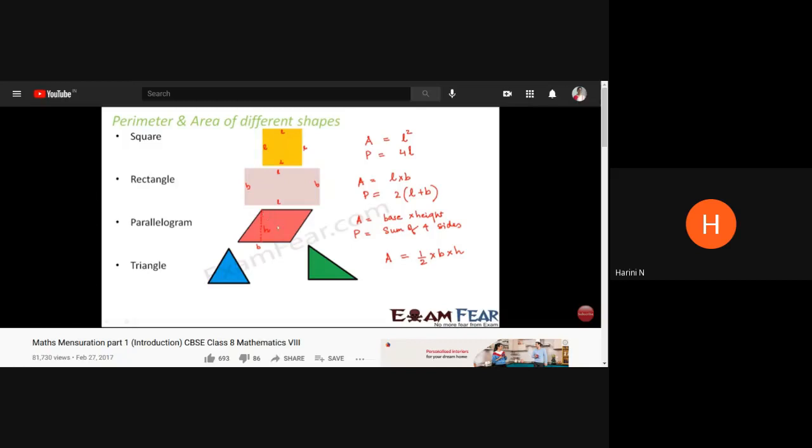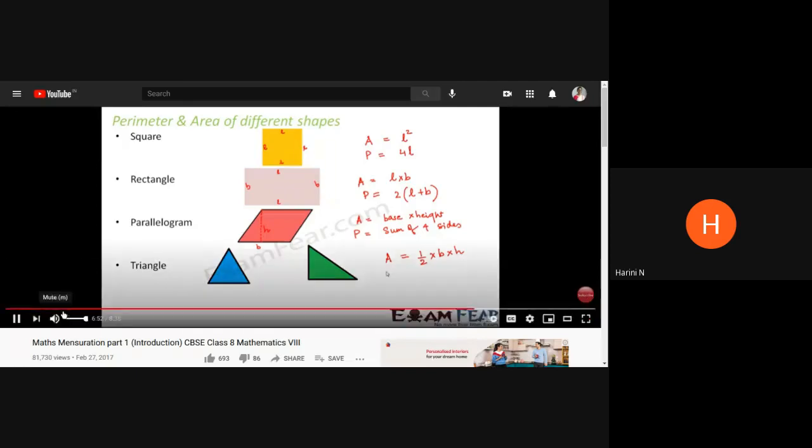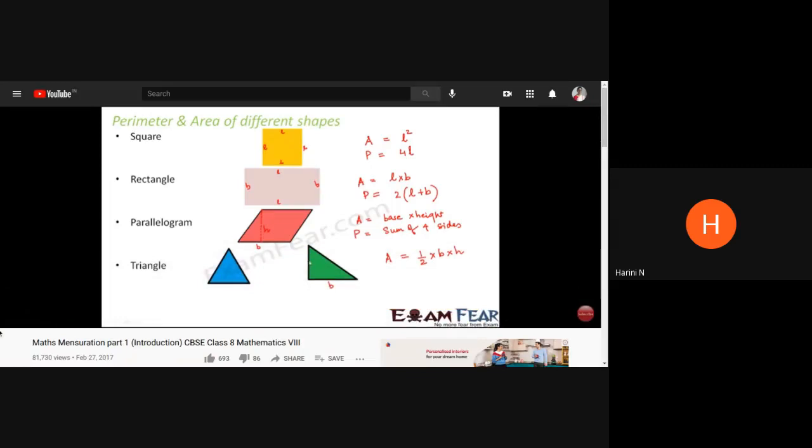So when you look at this parallelogram, with the diagonal, you can always divide it into two triangles. So the area of a triangle is always half the area of the parallelogram, that is half into base into height, where for this triangle, this is the base and this is the height, because this is a right angle triangle. And in case of this triangle, if this is the base, then this is the height, the perpendicular drawn from the opposite vertex. So this is how we find out the area.